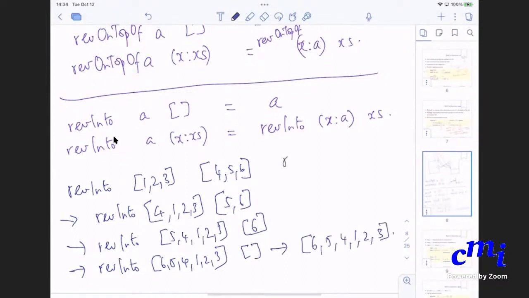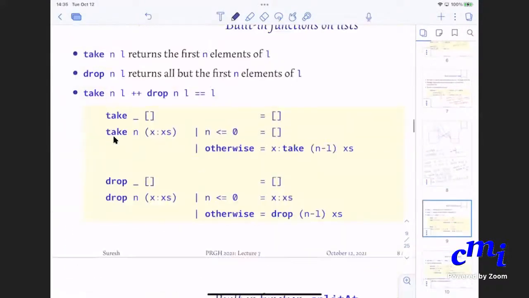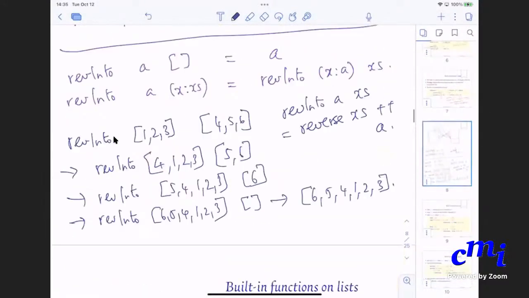So basically, reverse xs into a is nothing but reverse xs plus a. Because you started out with 1, 2, 3 as what you want to reverse into. What do you want to reverse into that? 4, 5, 6. So you get 6, 5, 4 followed by 1, 2, 3. So reverse xs into a is nothing but reverse of xs plus a.